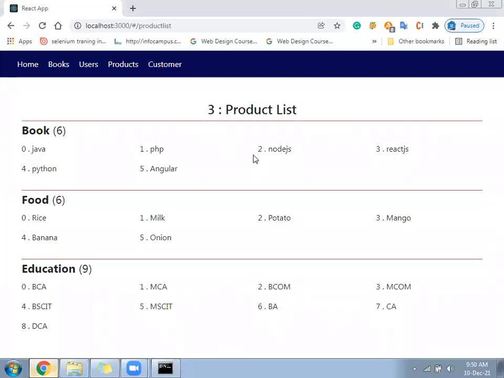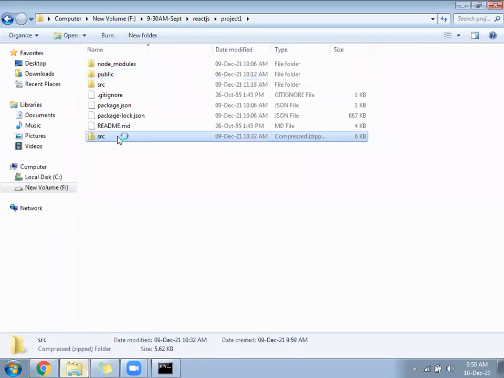To work on state management of class component. Then again we'll come back to the functional component in a few days.